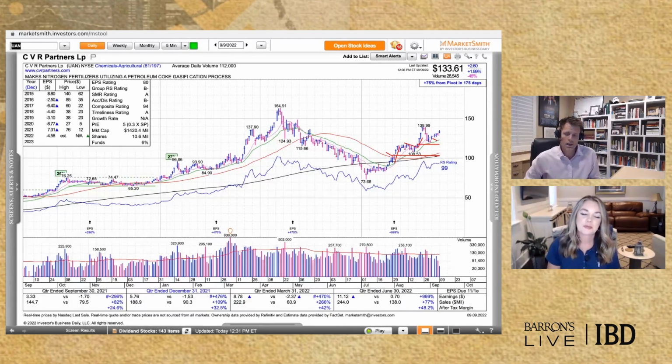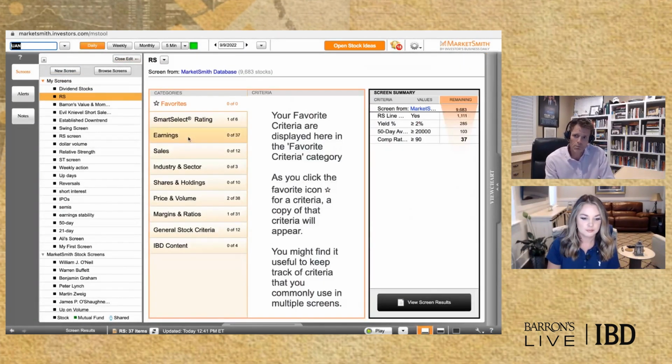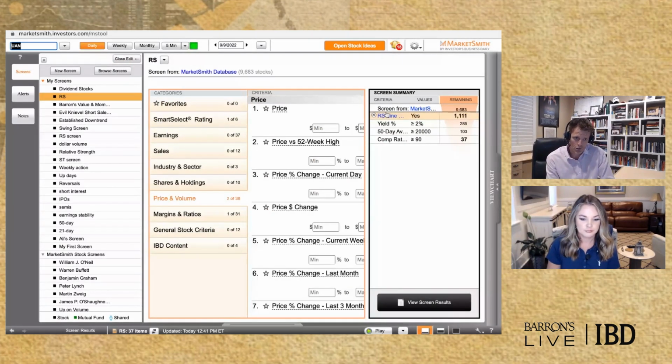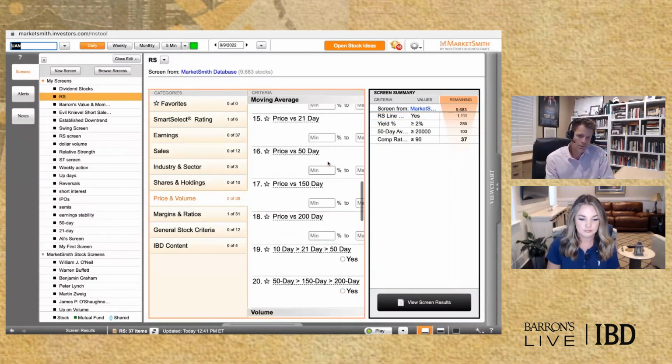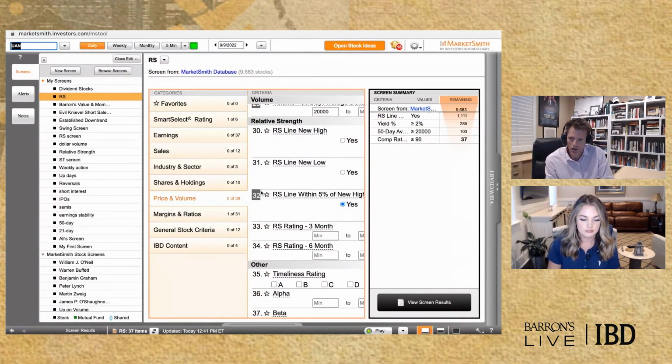Yeah, I have a lot of favorites. I like RS line new high screens. We now have a parameter for RS line within 5% of new high, which I'm playing with to try to build on that. I have screens for just fundamentals. Show me all the best companies fundamentally, and then I will filter them out based on when they start to show strength. So if I had to pick one, RS line new high would be my